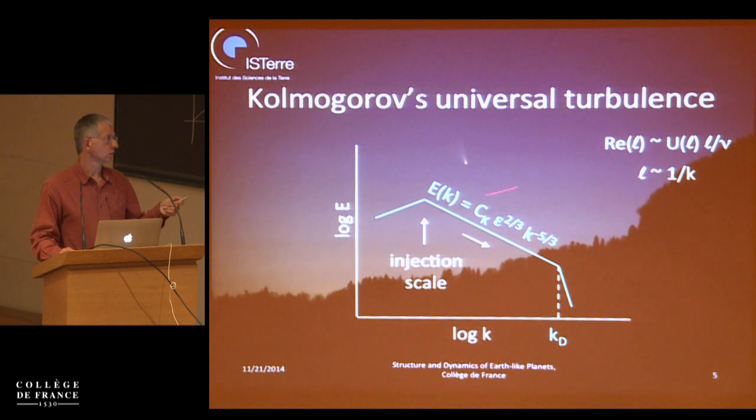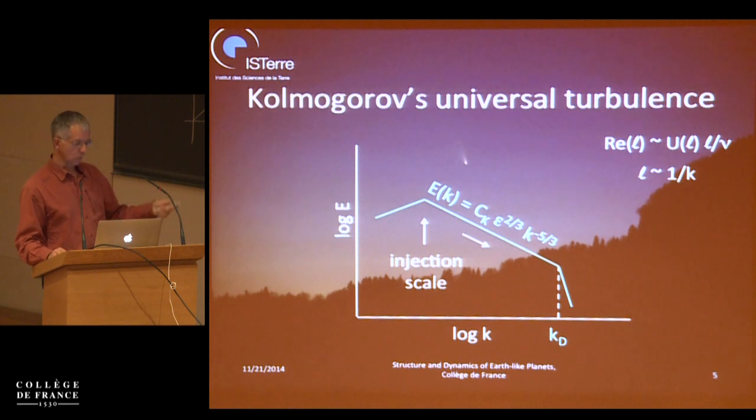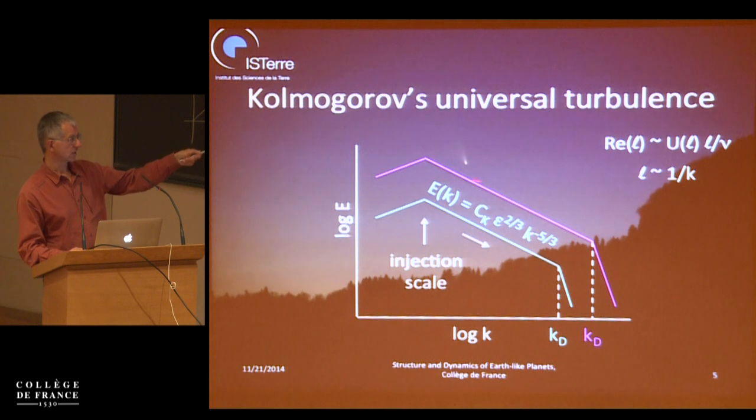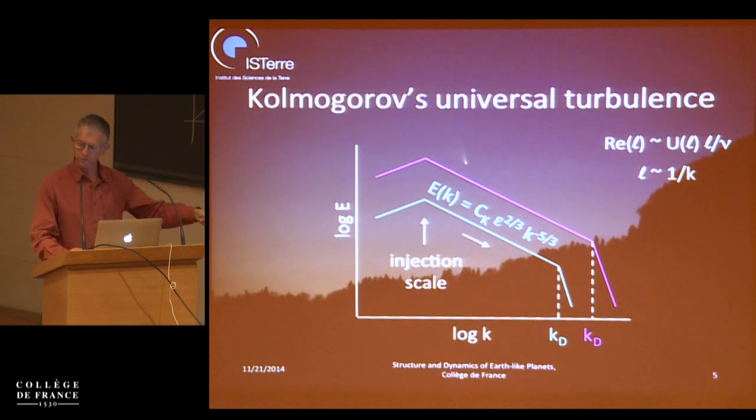In that context, what is also present is this epsilon. Epsilon is simply the energy flux you give into the system per unit mass. That is, if you give more energy to the system at the injection scale, then you cascade the same way, but at a higher level. And you also will intersect here, go to the dissipation range at a higher wave number, a smaller length scale.